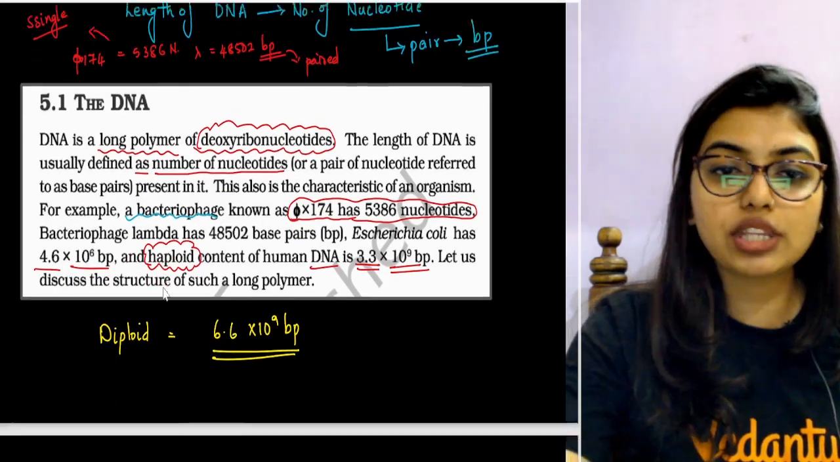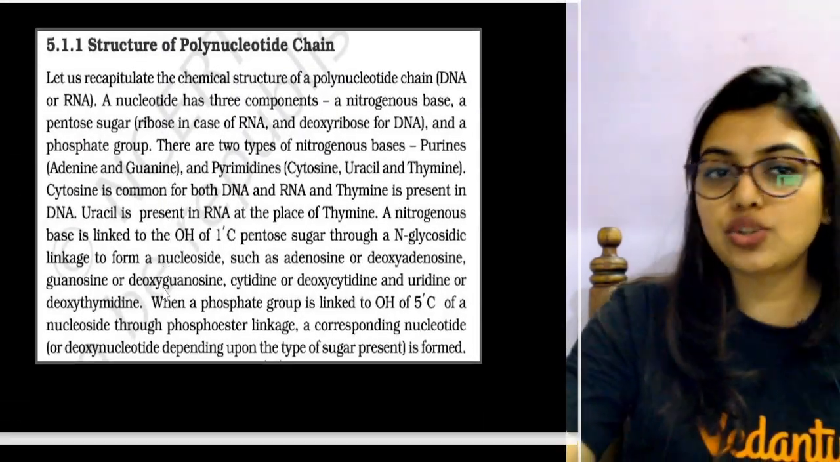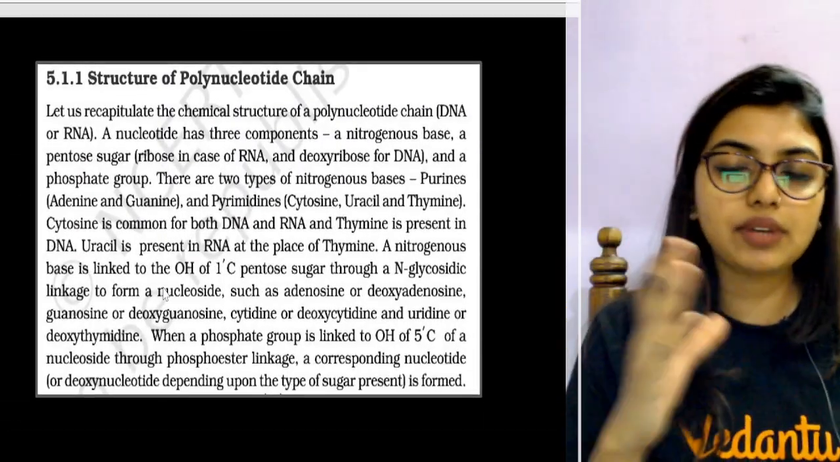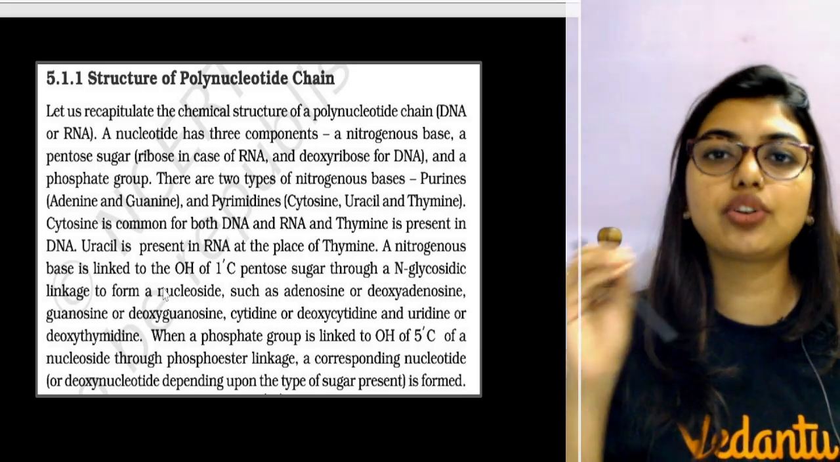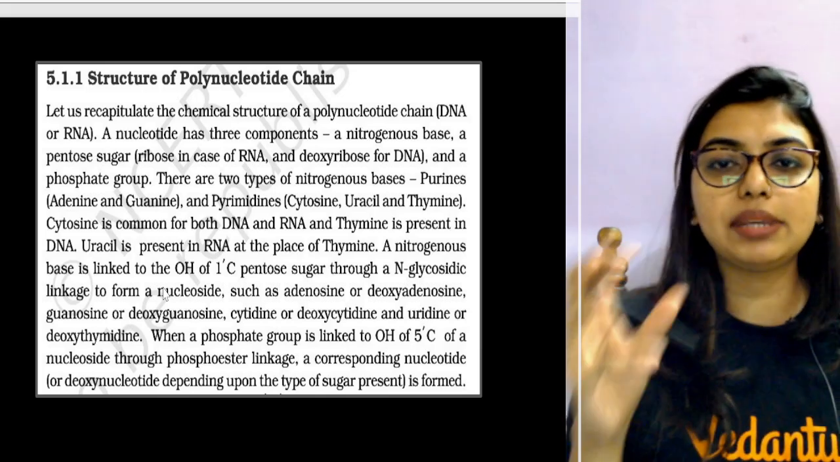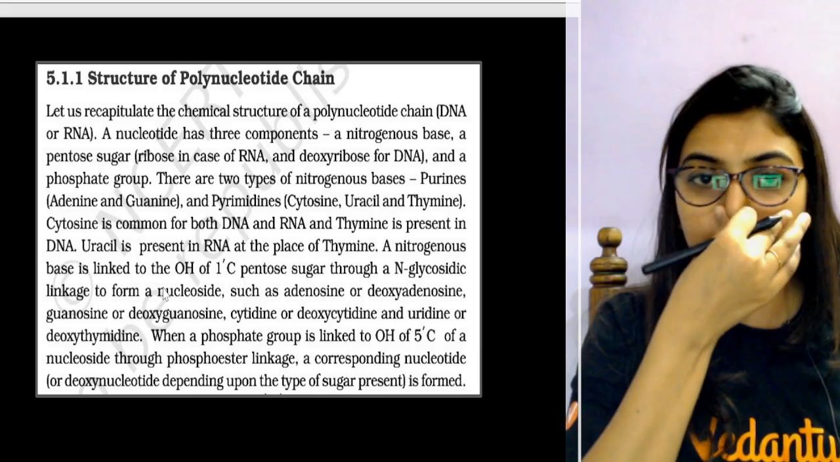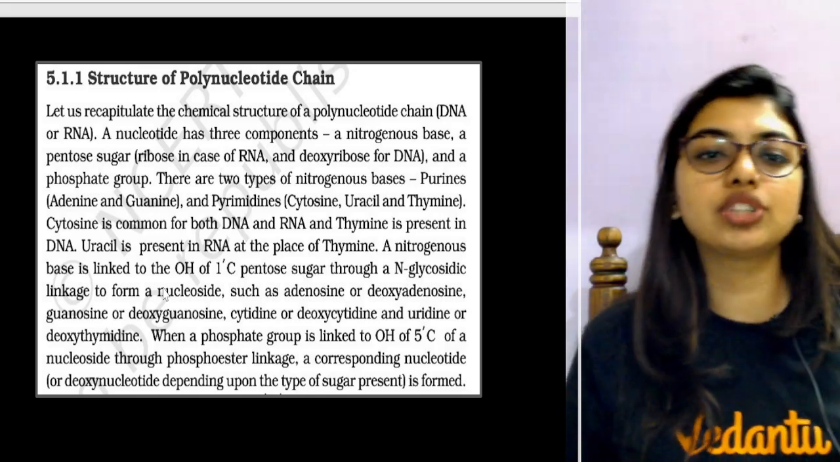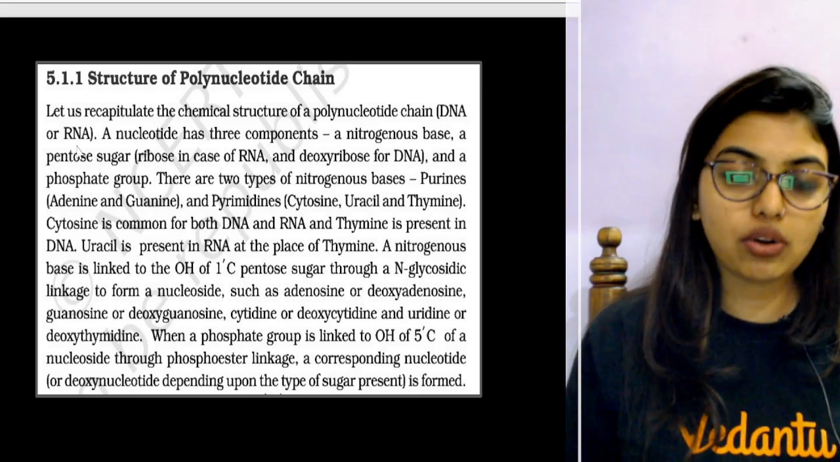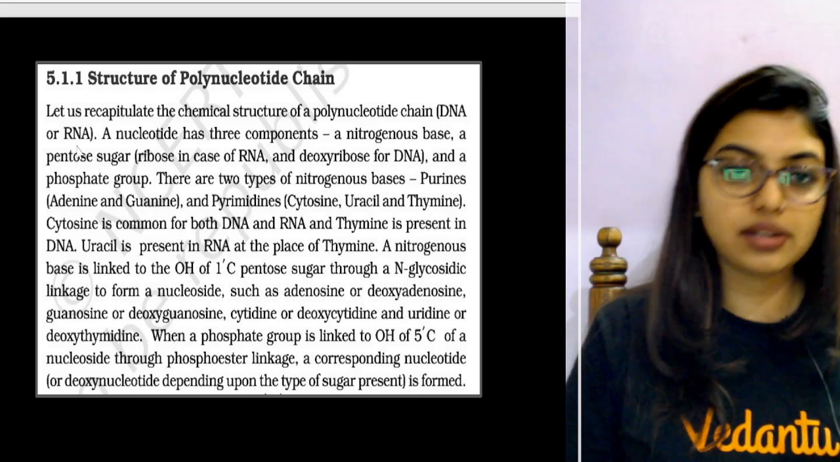So students, these 4 things you have to know by heart. There's no other choice. Be it phi X174 with 5386 nucleotides, be it E. coli, be it lambda bacteriophage, everything you have to know. Okay, everything you have to know. Chalo. Now let us see the structure of,